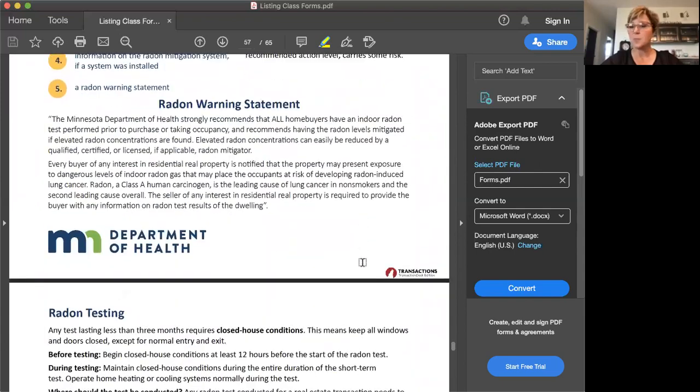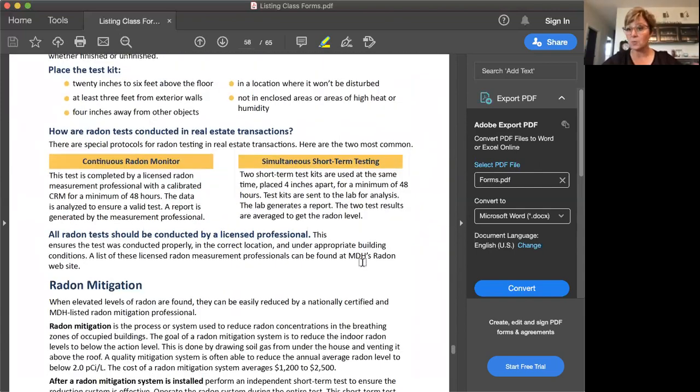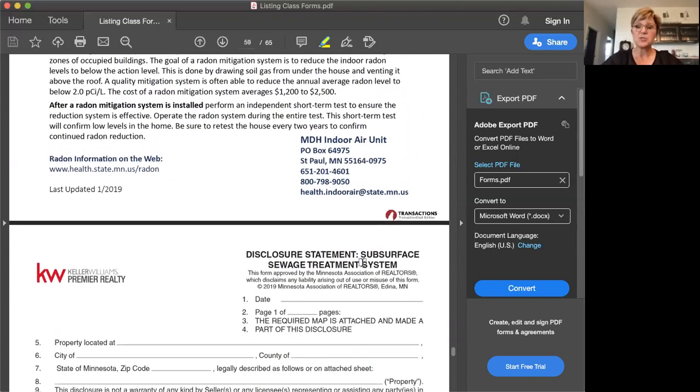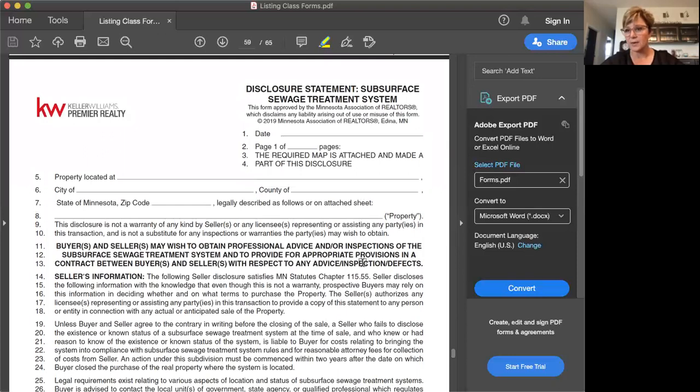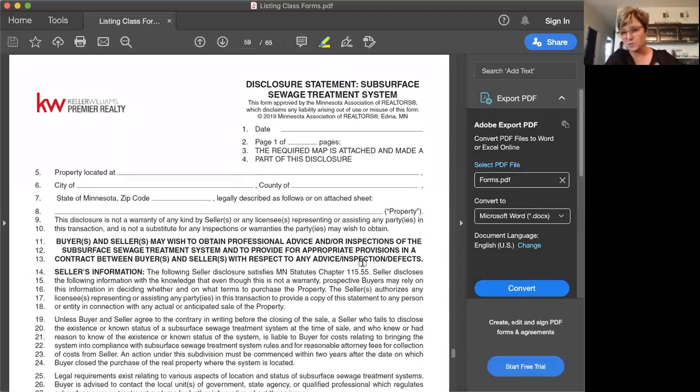Okay, and then the last couple pages of the disclosure statement talk about radon. So that is something too that you want to have a discussion with your seller. Have you guys ever tested for radon? That is part of the disclosure statement. They will fill that out. They need to know that potential buyers nowadays, most of them are probably going to test for radon, so